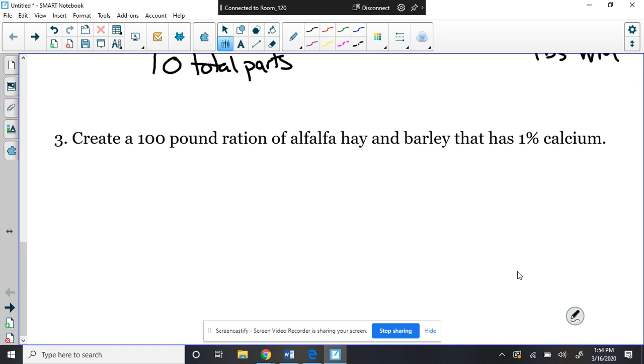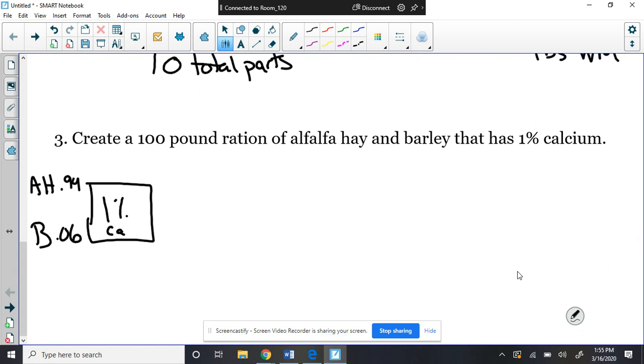Question number 3 says to create a 100-pound ration of alfalfa hay and barley that has 1% calcium. So I'll make my box, 1%. I'm going to put that CA on the bottom just to help remind me, especially now because I've been doing protein. Okay, I want to put my labels, alfalfa hay and barley. If I look on the chart, my alfalfa hay value is 0.94% calcium, and my barley is 0.06%. They're small numbers, but,